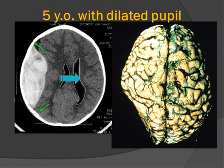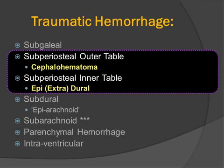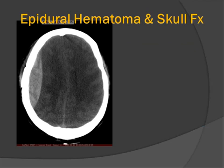causing subfalcial herniation. Fortunately, this gross autopsy picture is from a different patient, but it also illustrates how you get a biconvex impression on the cerebral hemisphere, causing herniation. The epidural hematoma is trapped between the periosteum and the naked bone of the inner table of the skull. Patients who have epidural hematomas oftentimes have a delayed clinical presentation, and they are sometimes described as talk and die